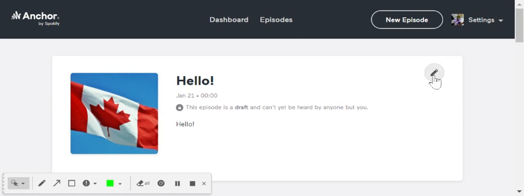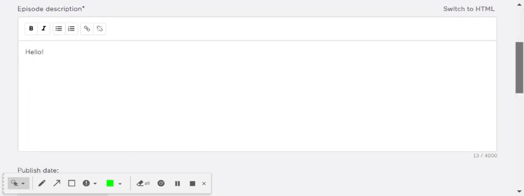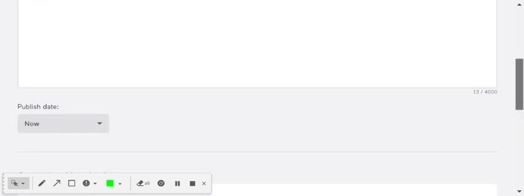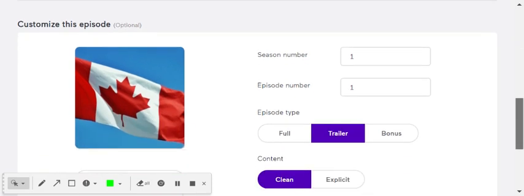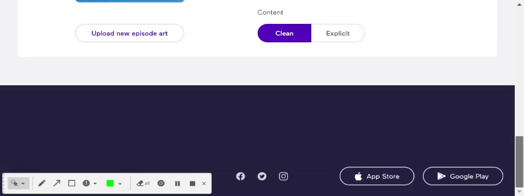Let's see. I'm going to click on the pencil here. I'm going to give this a try again. Publish now. Holy cow, nothing happens when I hit publish now. Maybe I don't have words in there? Episode description, mandatory, but it doesn't say you have to have a certain number of words or characters. You can have up to 4,000 characters in there. I just put a low. Customize the episode. You can upload your art. I'm from Canada, so I'll put that there. It's clean. So anyway,